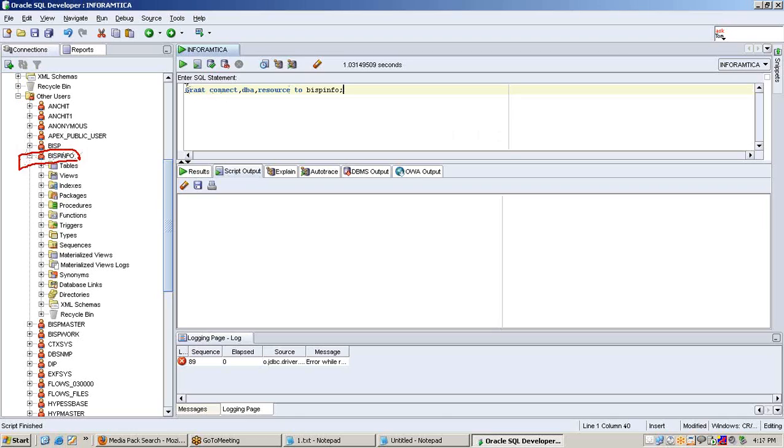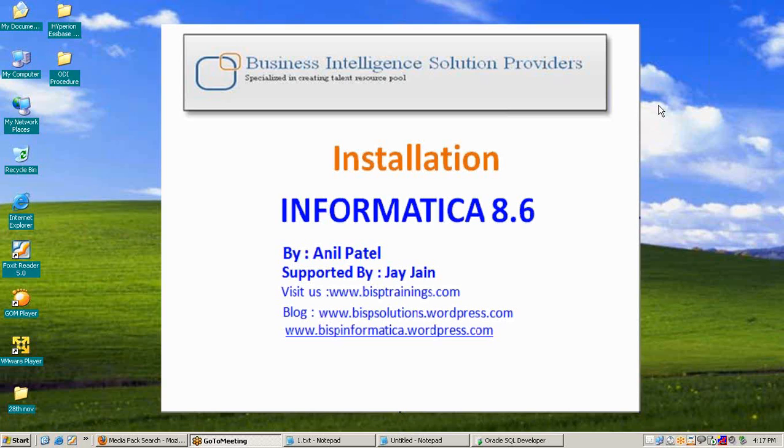So grant connect, DBA, resource to username, then run the command. Now the user has been granted connect, DBA and resource successfully. Then the prerequisites are finished. The next step is installation of Informatica 8.6.